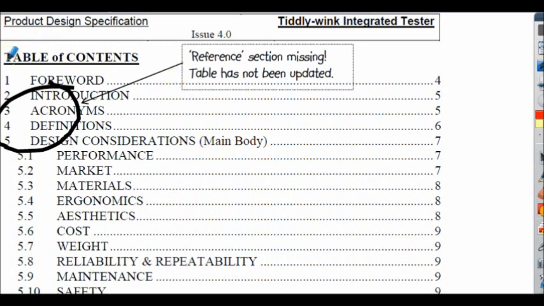Here's our table of contents. It should be fully automated by using headings within our word processing document, and then we can automate the table of contents with a heading. But what we'll notice is there's no reference section here, and in a moment we'll see there is a reference section. So again we need to ensure that we always update our table of contents before issuing the product design